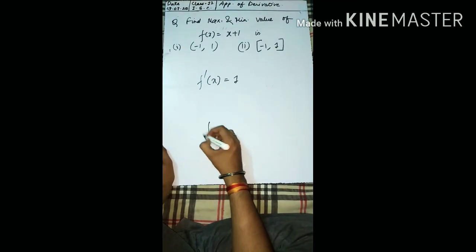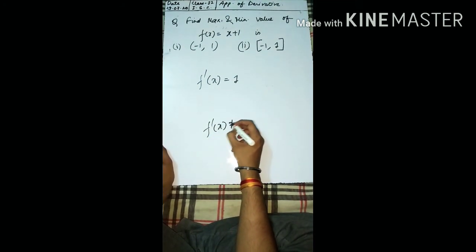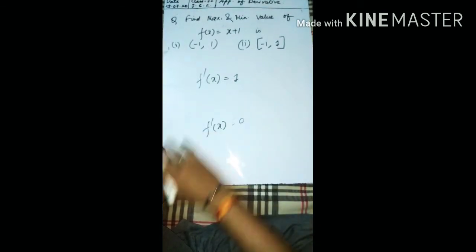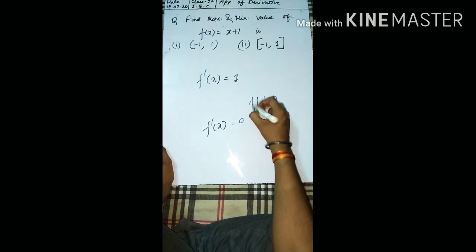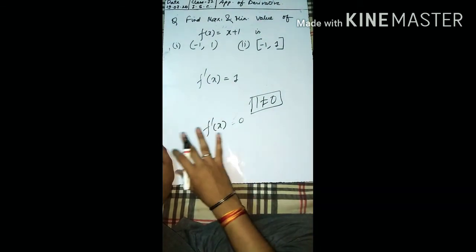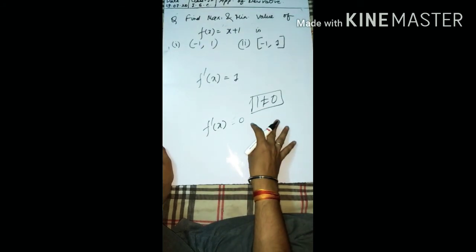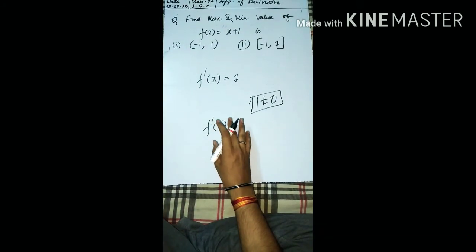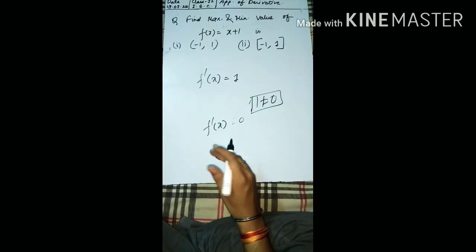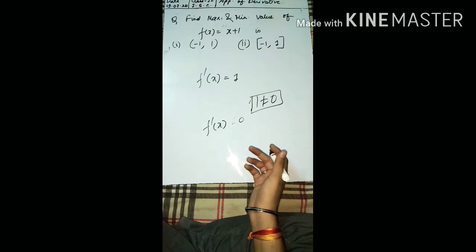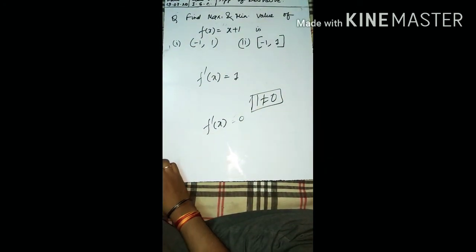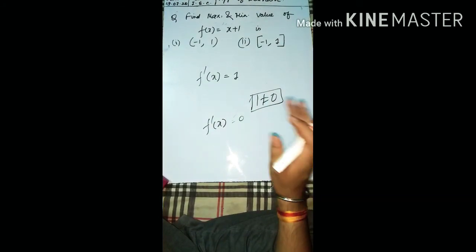Now as the turning point we will get, if your f dash x is equal to 0. So your f dash x is 1 and 1 is not equal to 0. That means this is a fallacy. This says that you won't get any critical point. So from this condition you will state that in this question, f(x) has neither the maximum value nor the minimum value. Okay, are you understanding? We haven't got any turning point.